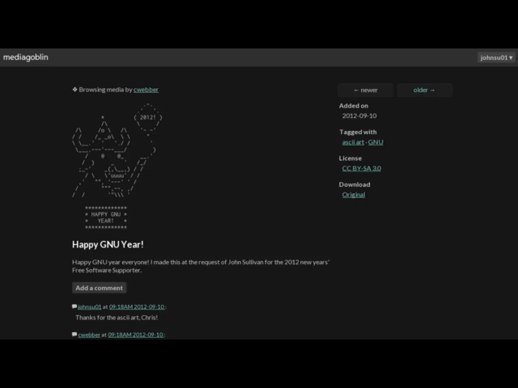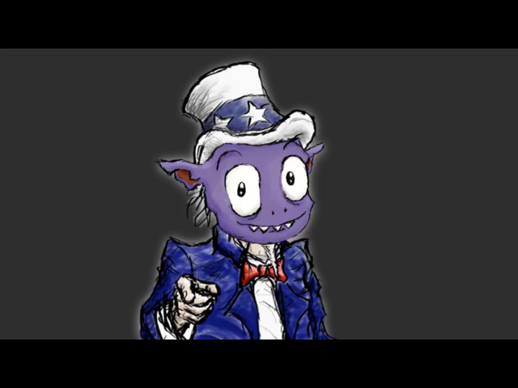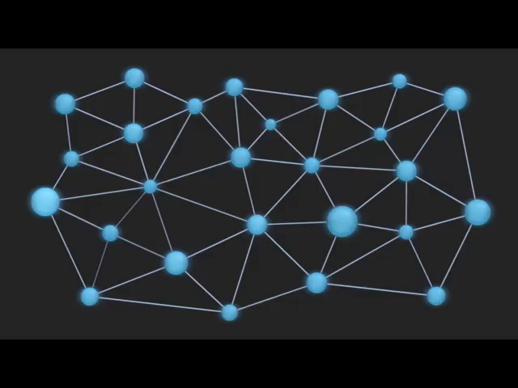Why not, right? MediaGoblin is part of the movement to make the web a better place, but we need your help to make sure we get there. The internet and the web were designed to be decentralized. This is great because it enables a global and diverse voice. It's also very resilient. If one server goes down, for whatever reason, the internet still exists.